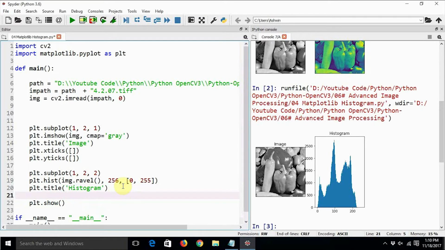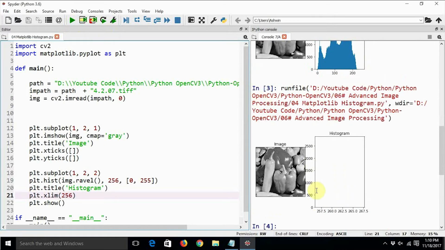So just say plt.xlim, and xmax should be 256, and let's execute it.